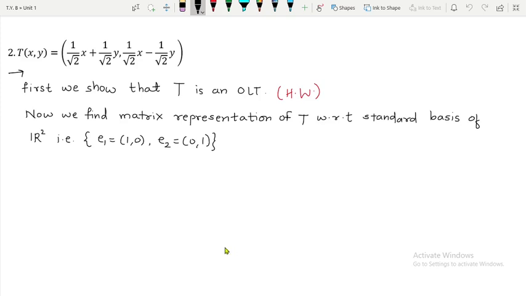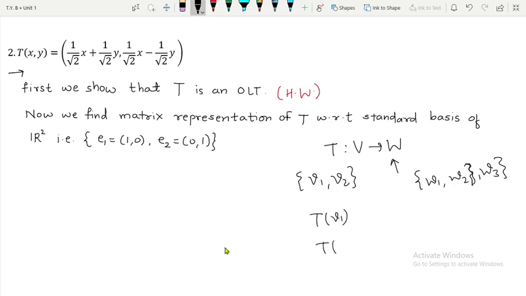Now as you know, in order to find the matrix representation with respect to a basis, let me just recall the concept. If v1 and v2 is the basis of the domain, suppose our map is from V to W and the basis of the codomain is w1, w2, or some w3, then what we do is we find T of v1 and we find T of v2. It depends on the basis of the domain. If your basis of the domain contains 3 vectors, then you will have one more equation to follow. And remember,